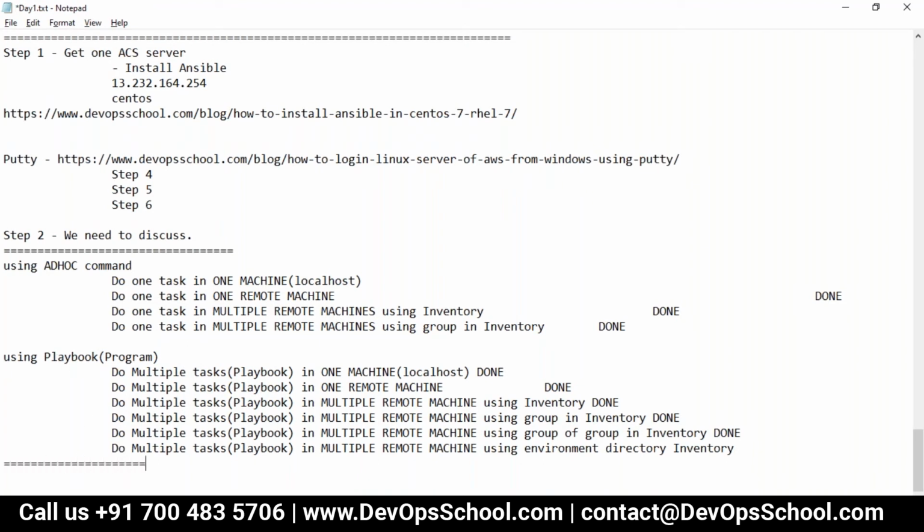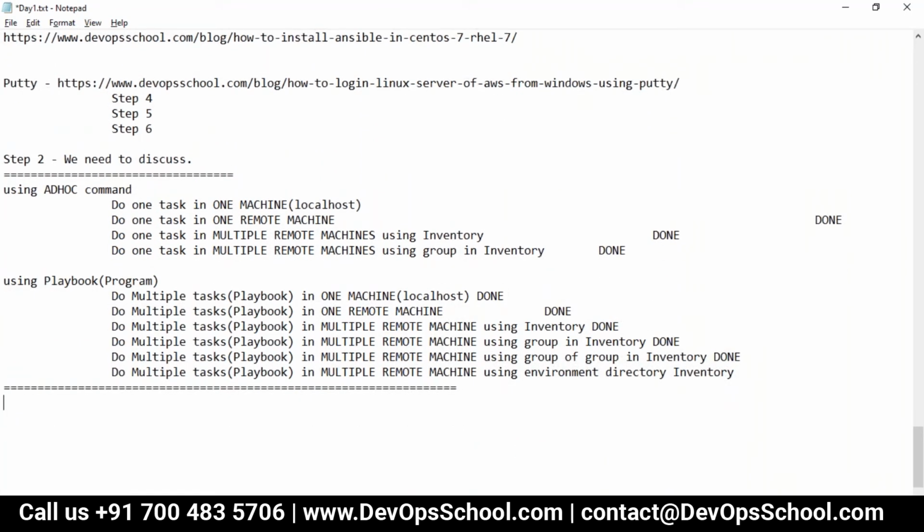Guys, one important thing is: what do you want? That is the most important question. What do you want in Ansible? Before you start writing Ansible, don't jump to Ansible immediately and start trying to learn something. Why am I saying this? Don't try to learn the complete Ansible.